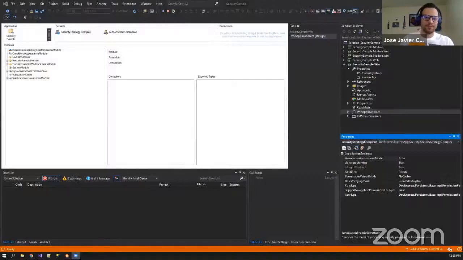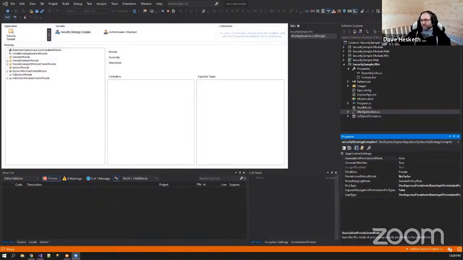There we go. Okay, so we're talking about security today. I'm going to start the conversation off with a basic demo built right into XAF, and the other guys will talk about how to take that and put it into other non-XAF applications as well, which is really kind of cool. So I created a fairly straightforward, very straightforward XAF application using